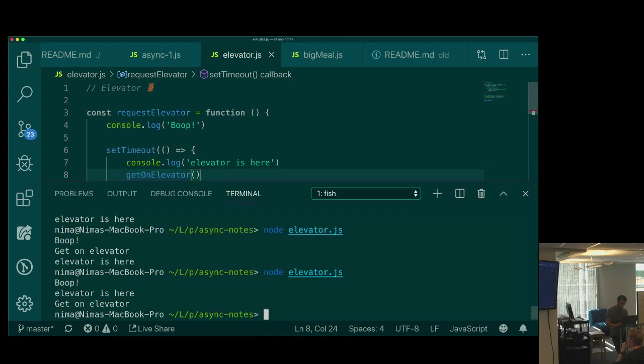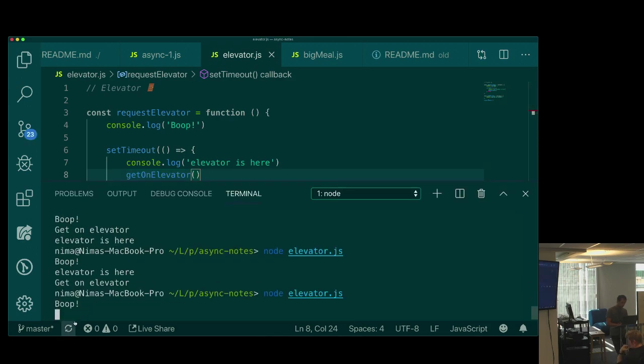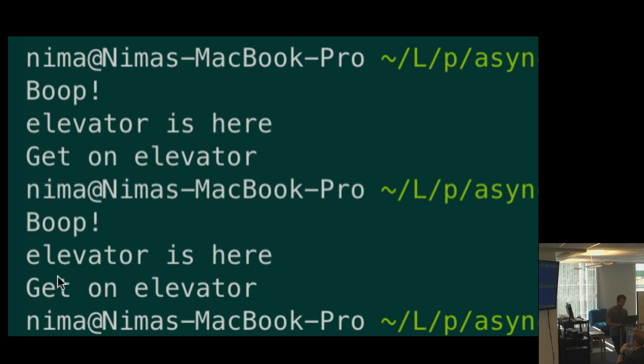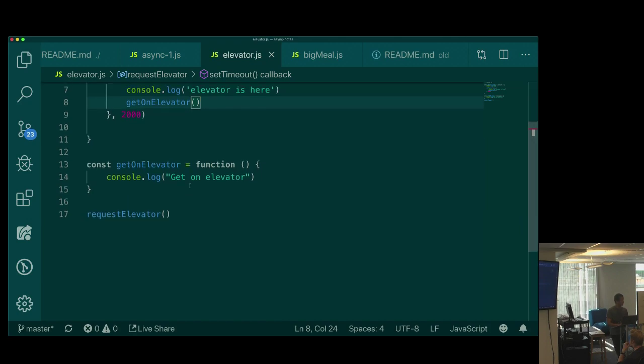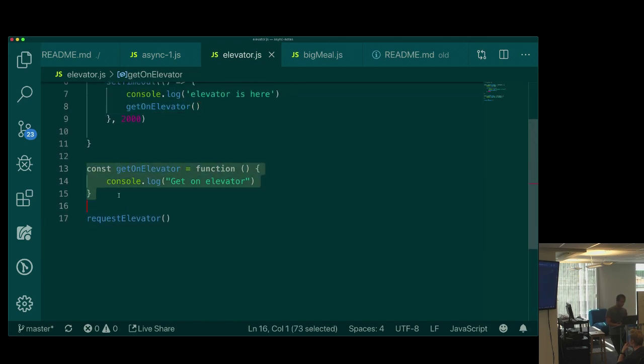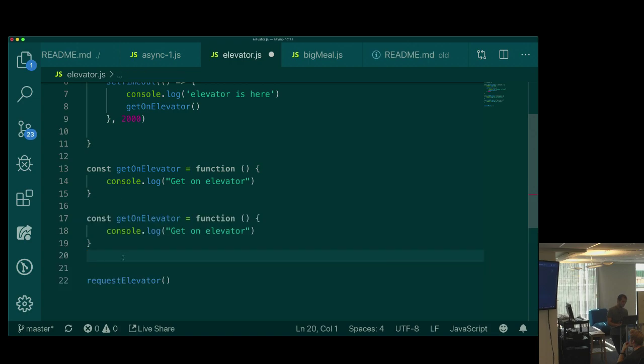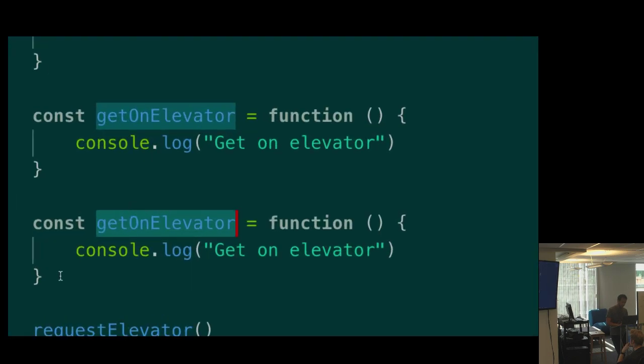And if I run this right now, boop, elevator is here, and then I get on the elevator. Right? Again, I've sort of forced the situation, because what if sometimes I want to request the elevator and get on, and other times I want to request the elevator and then go,